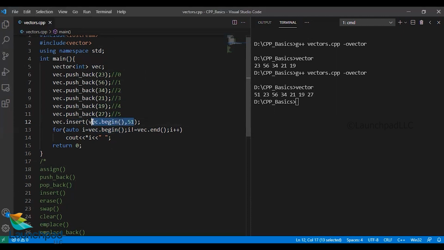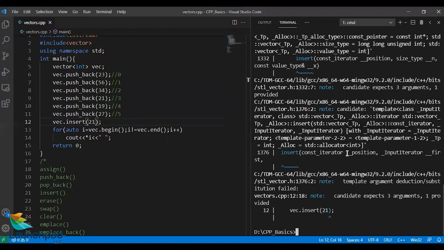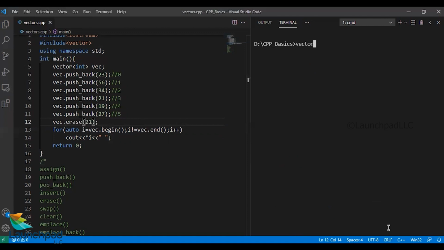When you want to erase, I'll take the value 21. 21 is supposed to be erased. I'll compile it. Oh, sorry, the function has to be changed to the erase function. Let's compile it. Okay, erase of, I have to provide the iterator here. vec dot begin of plus 3. So I'll remove the element at the third index.